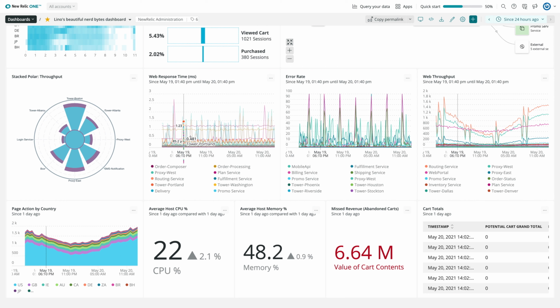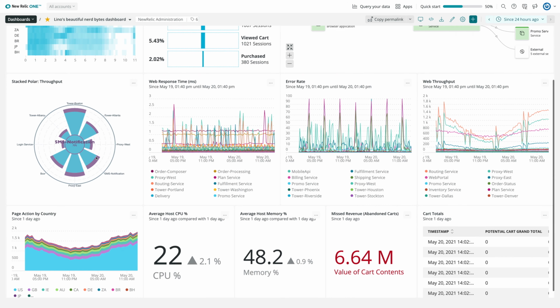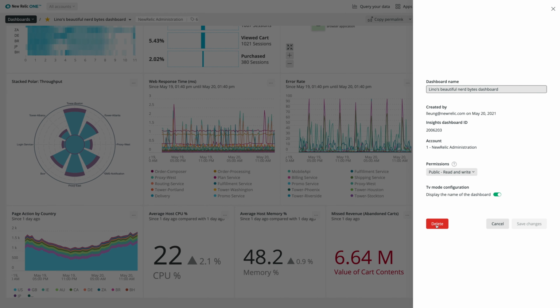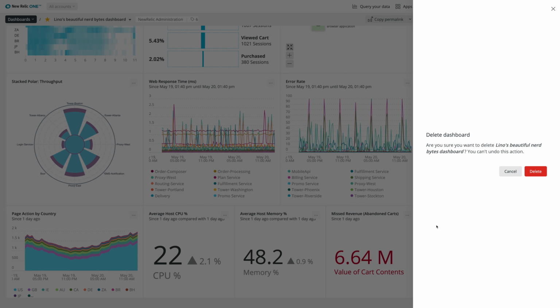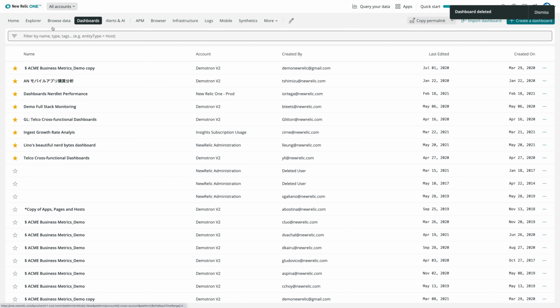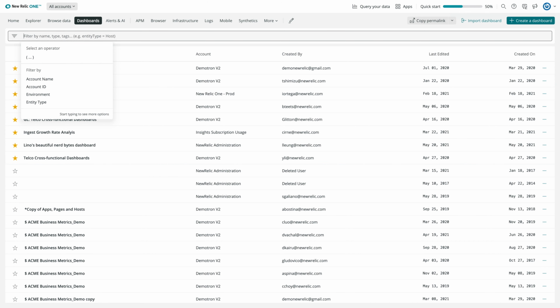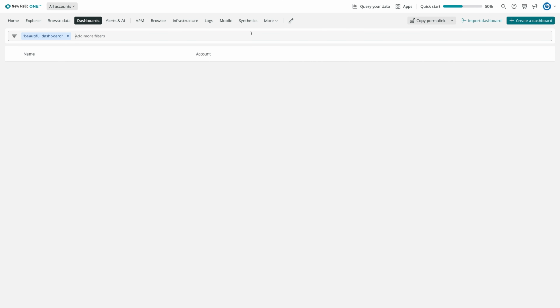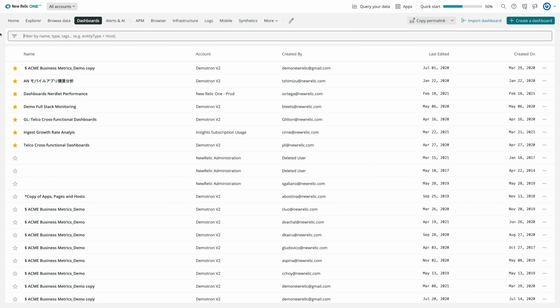So you've built a beautiful dashboard to monitor real users to your website, making the most of New Relic One dashboards. You even have some custom visualizations made from open source charting libraries. You go to the settings, hovering over the delete button, and before you know it, you reflexively press confirm. Whoops, it's gone. In a panic, you search for your old dashboard, but it doesn't show up. You just want to recover it ASAP. But what can you do now?